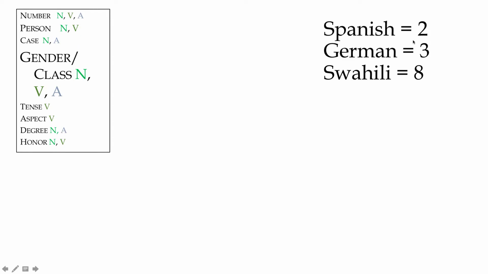So we think of genders. Spanish is a language that would have two genders. We say like a feminine gender and a masculine gender. German or Russian have three, like a masculine, a feminine, and then some sort of neutral gender. A language like Swahili would have 8, a language like Chichewa would have 14. So you can see that when we start to get beyond 2 or 3, it stops really making sense to talk about these things as being gender.